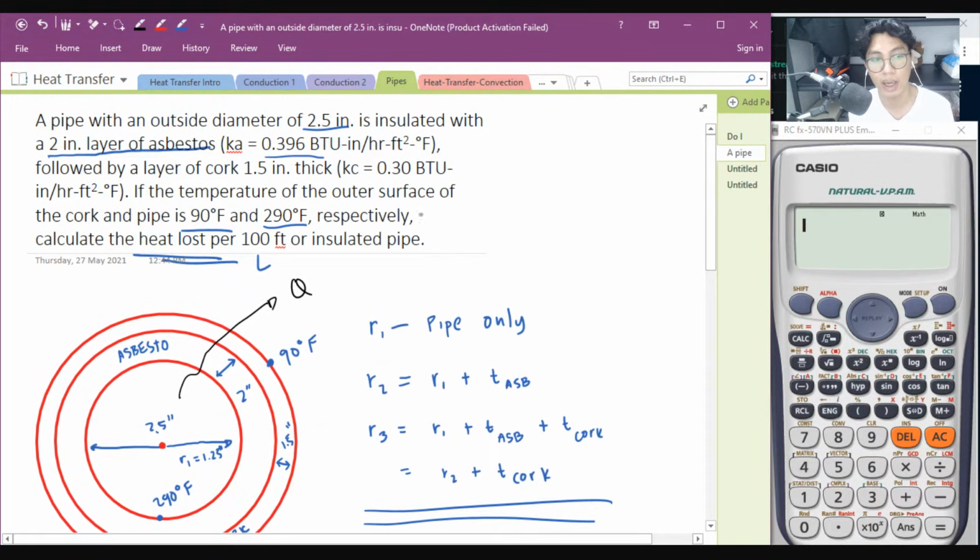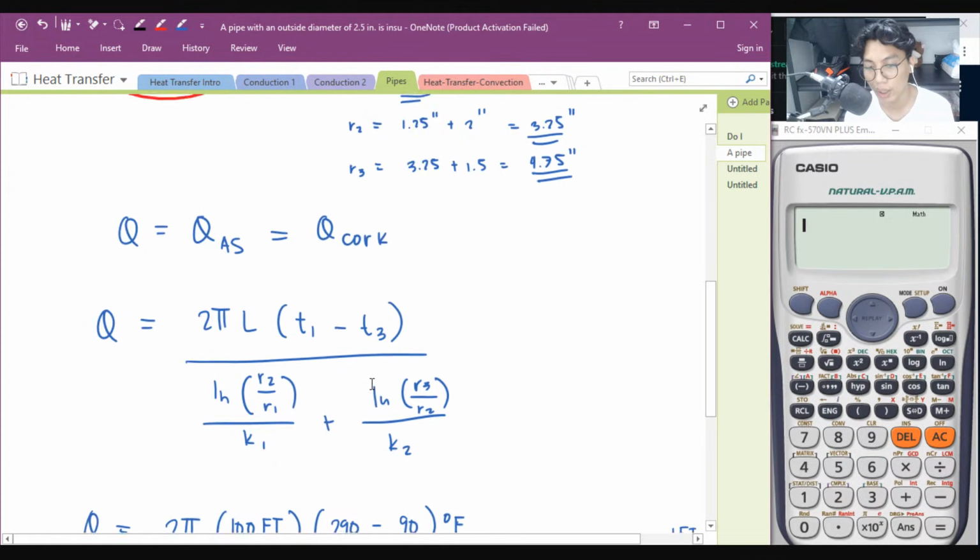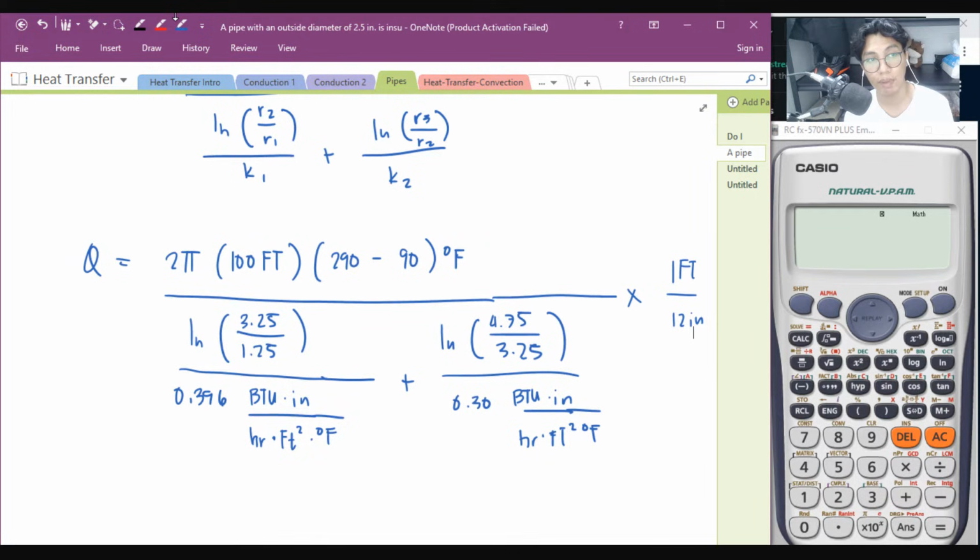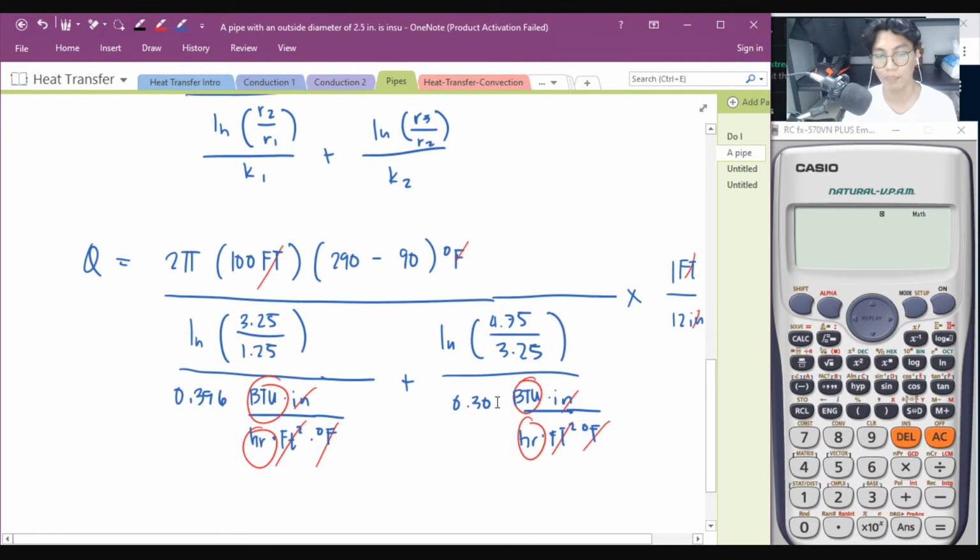Okay? Anong kailangan niya? The heat lost. Anong unit ang hinahanap? BTU per hour kapag English. Kailangan matira BTU per hour. O, i-cancel natin yung mga same units. Feet, yung inch. Sir, paano na-cancel yan? Akyat mo ito dito, may reciprocal. Yung feet squared, cancel yan kasi may feet squared ka dito sa taas. Yung degree Fahrenheit, iakyat mo dito sa taas, makakancel yung degree Fahrenheit. So ano yung natira? BTU per hour. Ganun lang kadali.